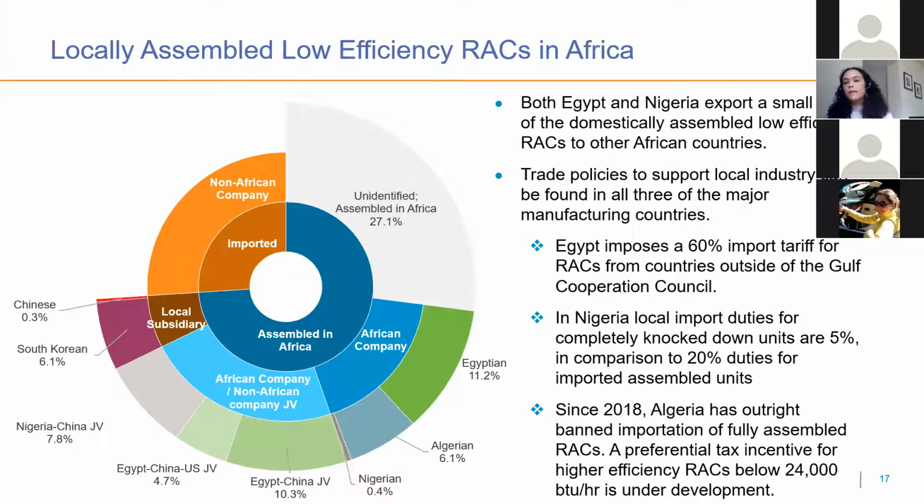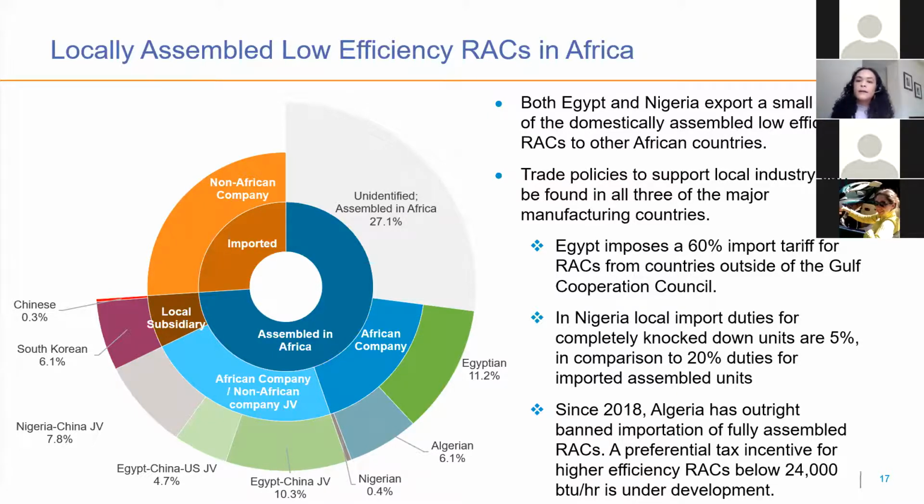Now, if we look at the other side of this figure, at those products that are assembled in Africa, we see that the majority of products are produced by African companies and the aforementioned joint venture operations, which are a collaboration between an African company and one or more non-African companies. Most of the locally assembled products are produced in Nigeria, Egypt, and Algeria. While Nigeria and Egypt export some of the locally assembled ACs to other countries, Algerian ACs are produced primarily for